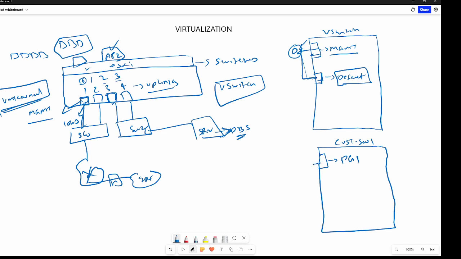So here I will say to the switch, hey switch, you go and connect to uplink number 2, which is mapping to your Ethernet port number 3. That is connected to switch 2, that is connected to your server where you are hosting your databases. So once you map that uplink, now you will say to your application 2, hey application 2, you are going to connect to this particular port group PG1, which is a new switch.